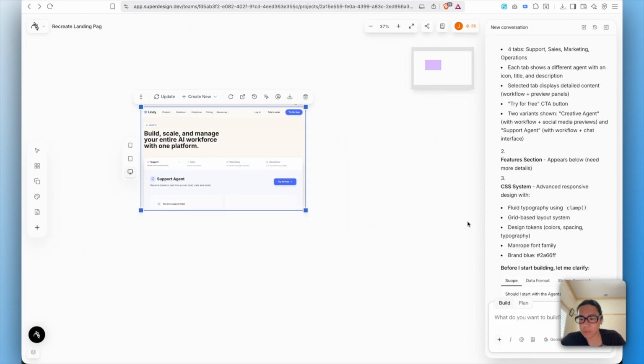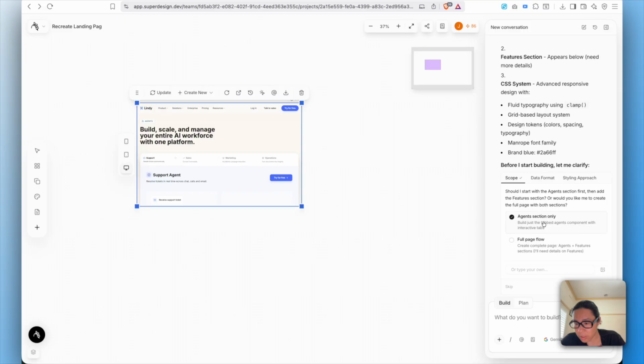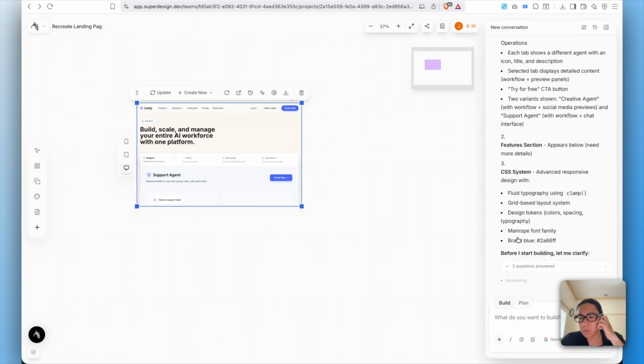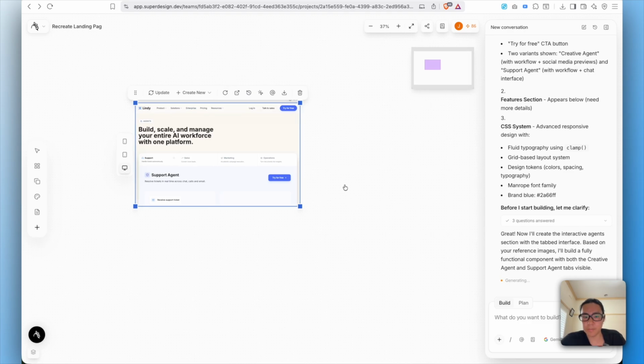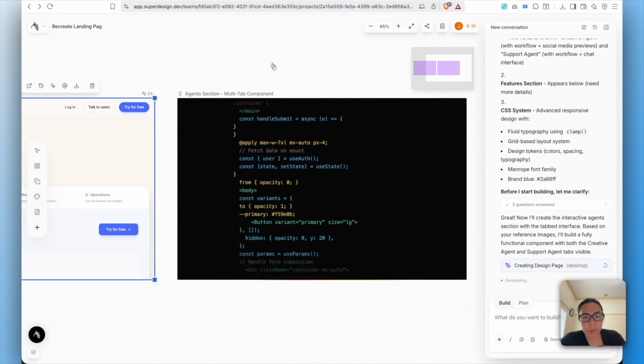Okay, so it's also doing some clarifications, like using interview questions. Should I start the agent section? Let's do the agent section only next. Hard-coded HTML, yeah, that's fine. Simplified approach. Do you like to integrate all of this with this design? Simplified approach. Okay, so I like that it asks questions. It's very similar to how Claude Code works. It's generating code,